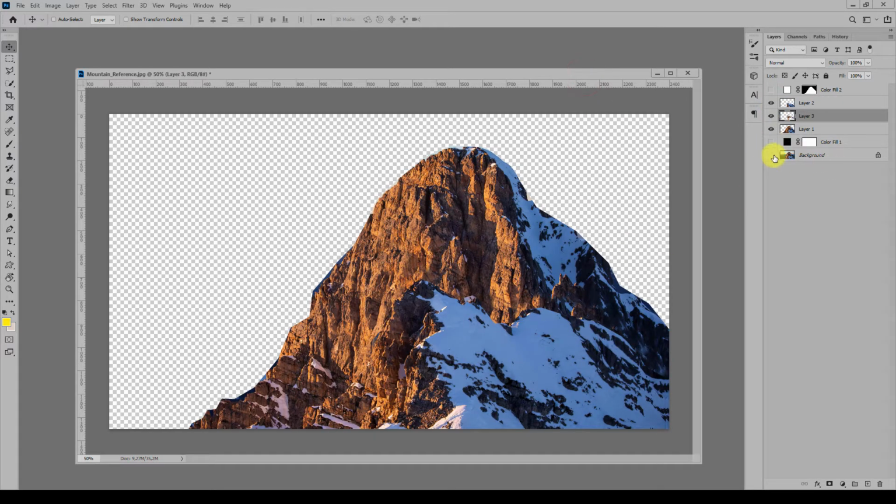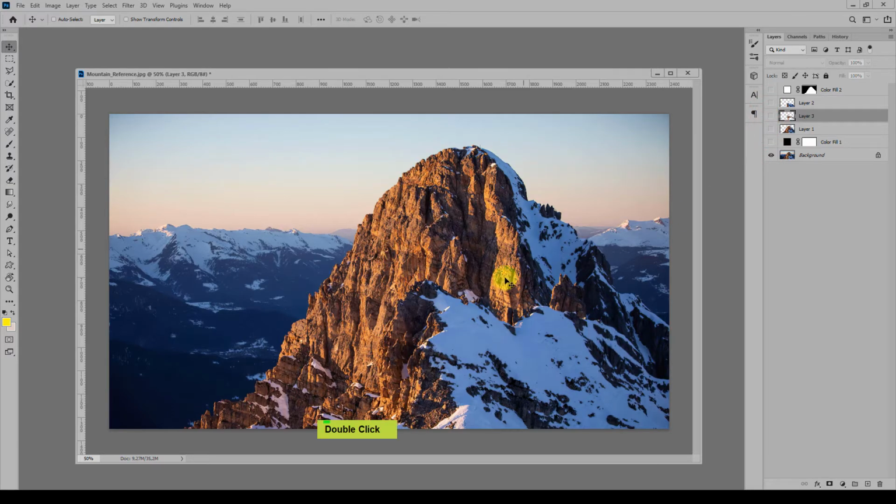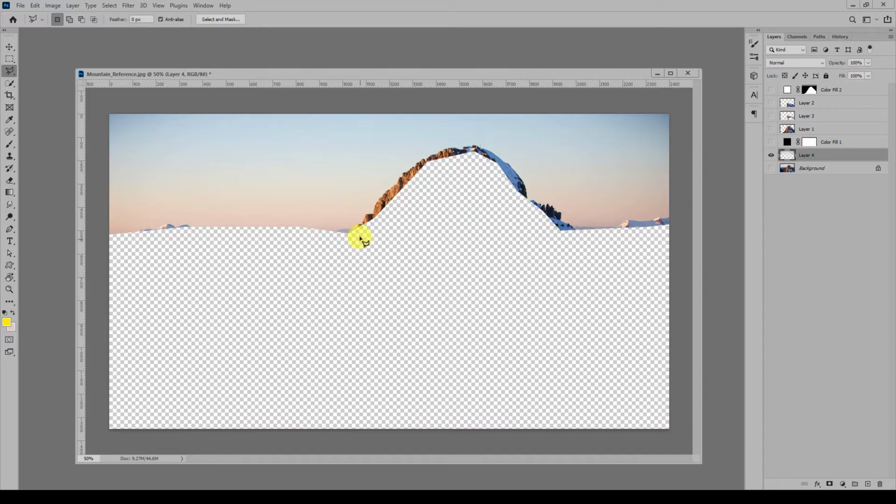And yes, we have a sky, so if I turn back on, we have to select the sky, and that's a little bit different. So let me quickly just make this rough. If you have a sky like this, you can actually cheat a bit. So let me select this layer, Ctrl J, and turn everything off. So this is the layer we have. We can actually sample a part. So I switch to